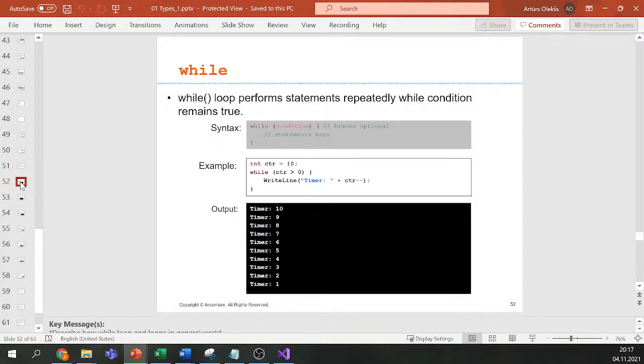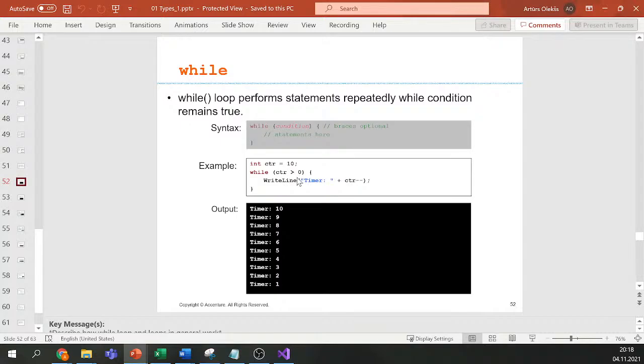So the next one is while, quite similar to the for loop. We will talk about the for loop a little bit later, but the thing is that it is a cycle which will be executed while the condition is true, until the condition is false. That means that the statements we have inside will always be executed. So for example, here we have a counter, and the counter will be decremented every time inside this while loop, and basically what happens, we go here, we check the condition. If the condition is true,